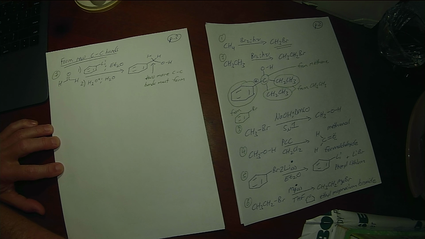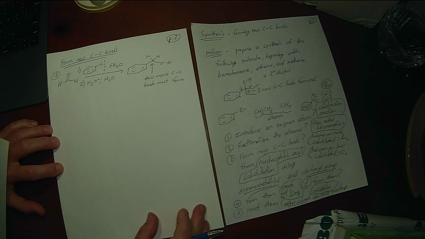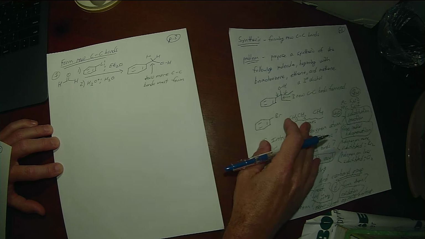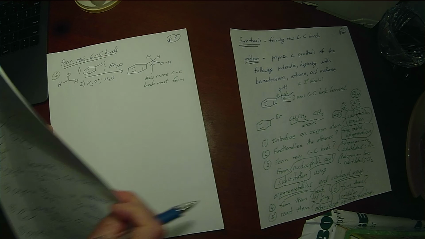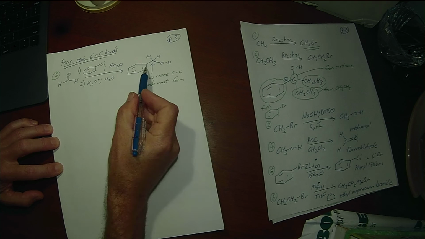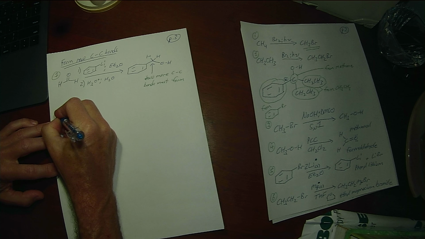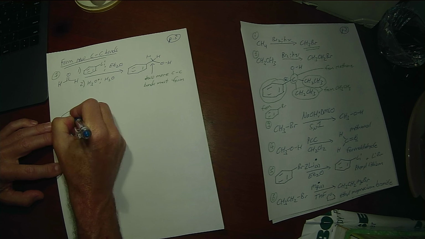What do we add organometallic reagents to? Carbonyl groups. That's not a carbonyl group, but if we're going to form a new carbon-carbon bond, it has to be a carbonyl group. Right? So we got to convert that to a carbonyl group. How are we going to convert that to a carbonyl group?